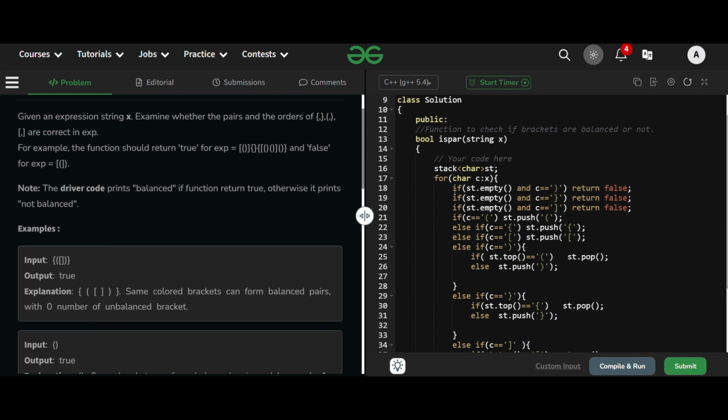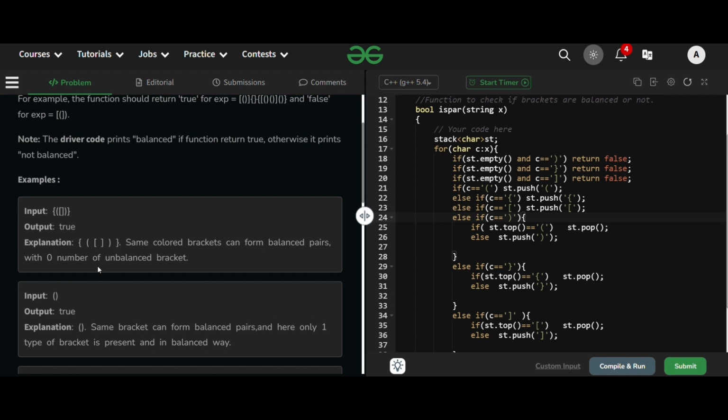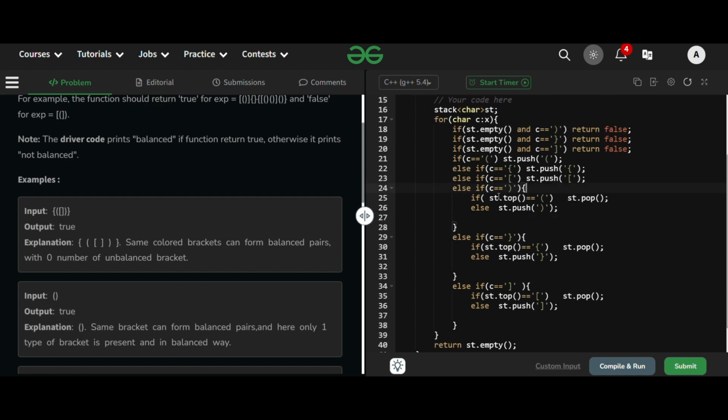Okay, these three are our first condition. Then I check if it is an opening brace. If it is an opening first, second or third bracket, then I simply push it into the stack. And if I get closing braces,